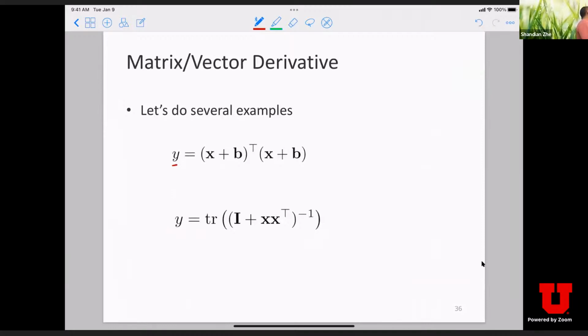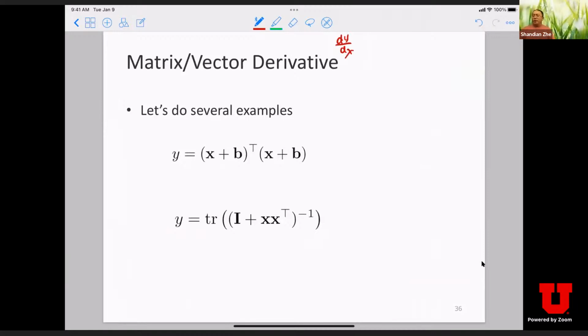Yeah. Great. So first, we keep a good notation custom. From the shape and from its non-bold, we can say it's a scalar. Second, from the definition, we can see it's actually an inner product, right? A dot product between two vectors. So it must be a scalar. So let us try to derive dy over dx, right?